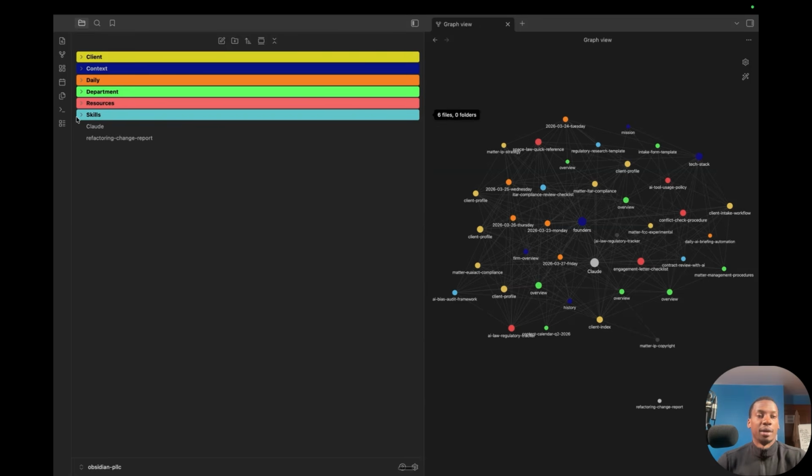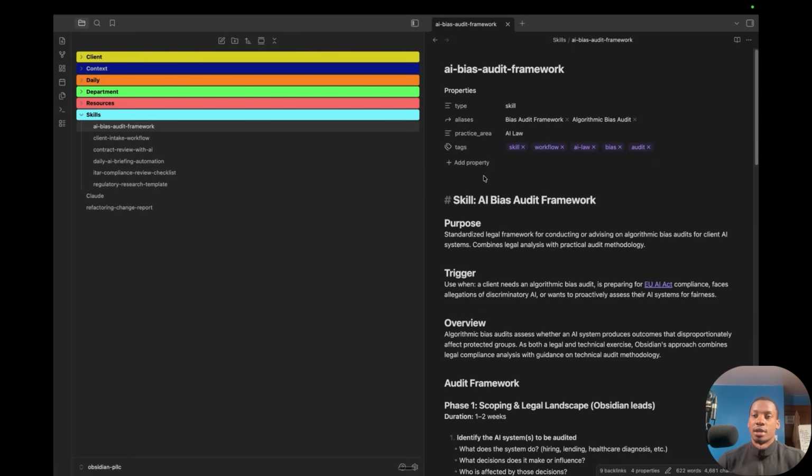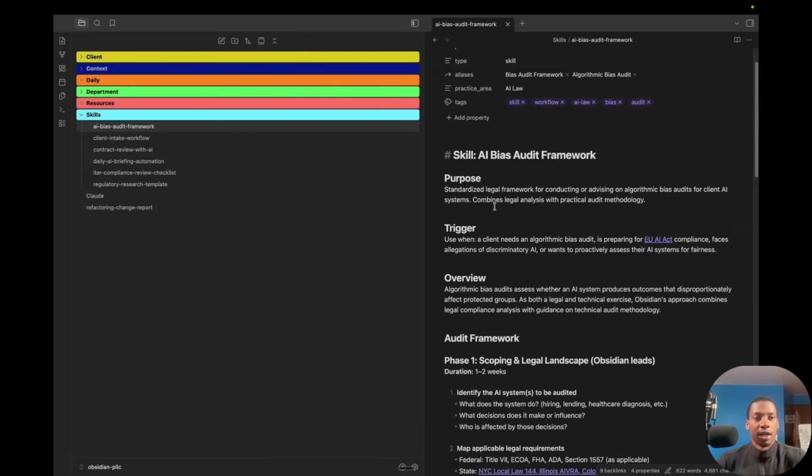And then the other valuable thing as well is you can build these skills. Skills, again, are ways that you can take your processes, standardize them, put them into a text file that you can always reference in order to run the same process the same way every single time. And the good thing about these skills is when you use a framework like the one I'm going to show you in this video, you can have skills that are grounded in correct knowledge and context about your firm.